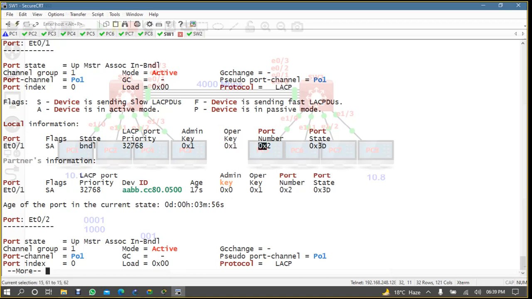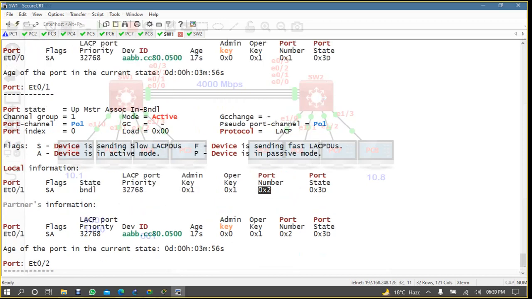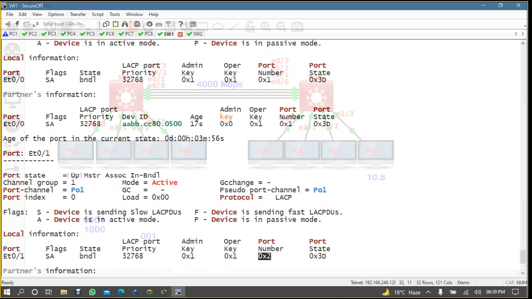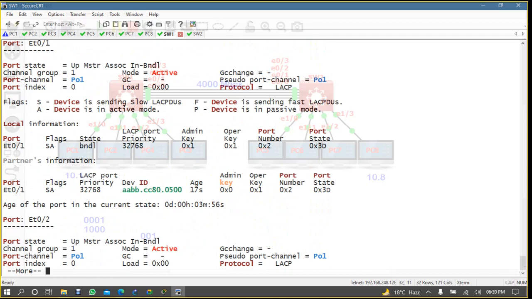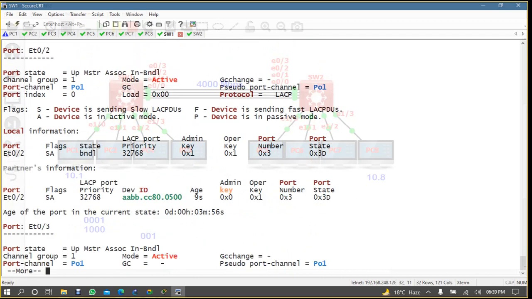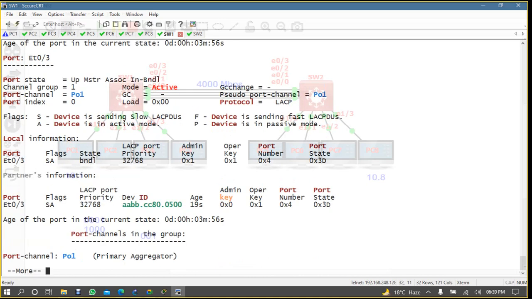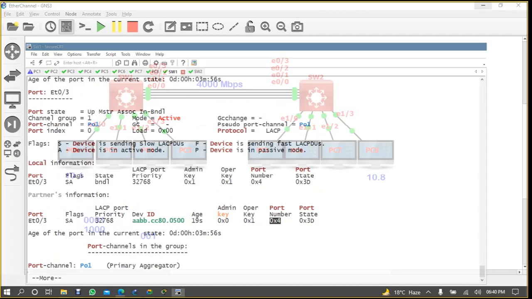This is also the same. I think the port number is the same. See here, E0 by 0, what is the port number? Can you see it? It is 0x3. Port number 3 you will see 03, and port number 4 you will see 04. So the priority is the same,